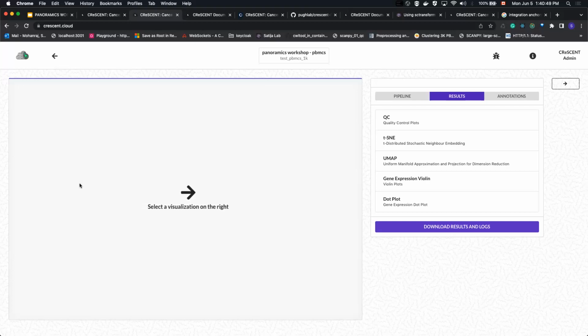General question: the name Crescent is referring to cancer, but it's not just for cancer. Exactly. Right? Yeah, that is a good point. So all of our reference data, which you can eventually anchor with, is a bunch of cancer data. There will be normal cells, a lot more normal cells in the future, but the idea is mostly